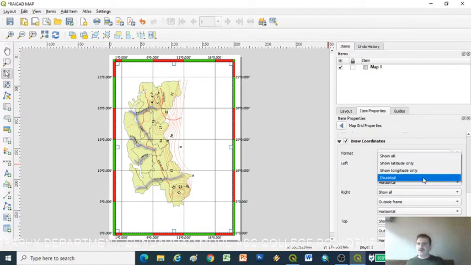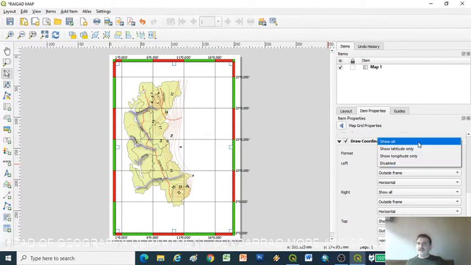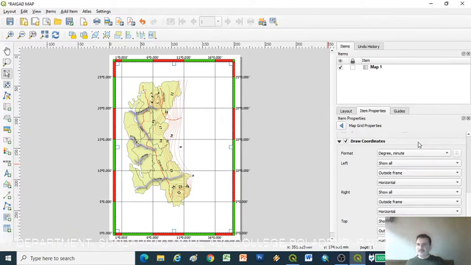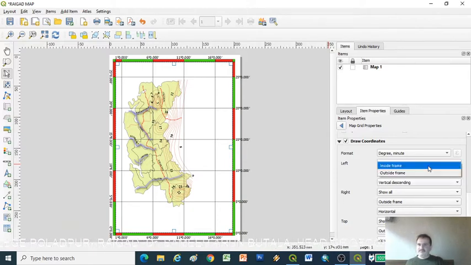If I say show all, it shows all. If I say disable, I can disable the coordinates on the left side. Then I want this vertically, so I keep it as vertical or vertical descending type.